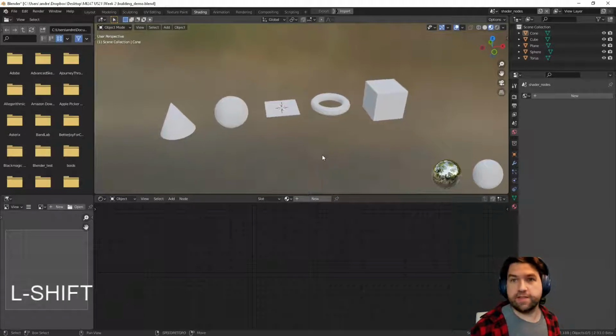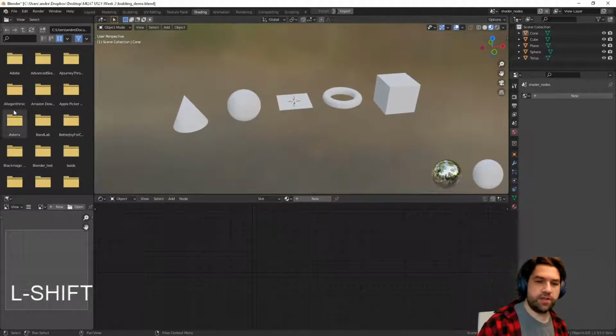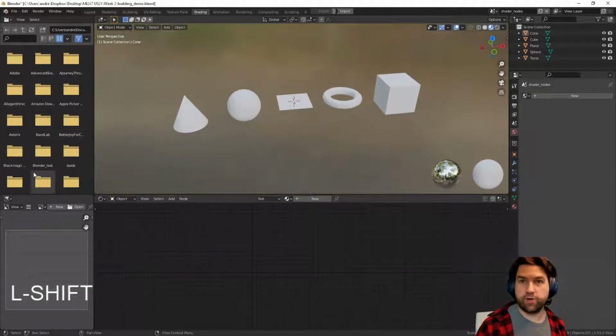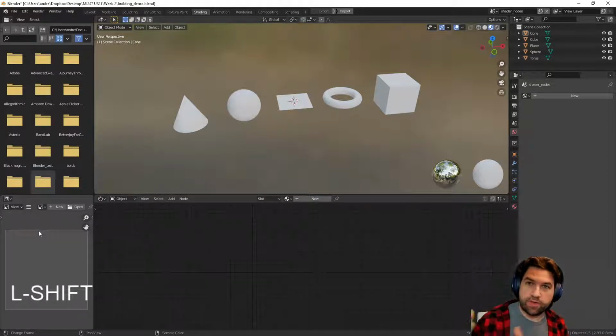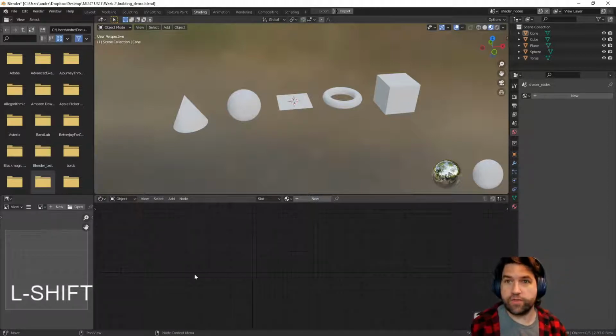What's nice about this is I have several features in here. On the left is a file browser that I can bring files directly in. I'll show you in a second. On the bottom left is like an image viewer that I can look at using this icon or open up images to see what they look like so I can get a sense of what they're going to be visibly